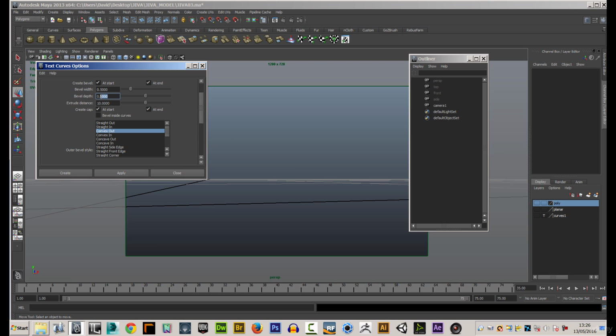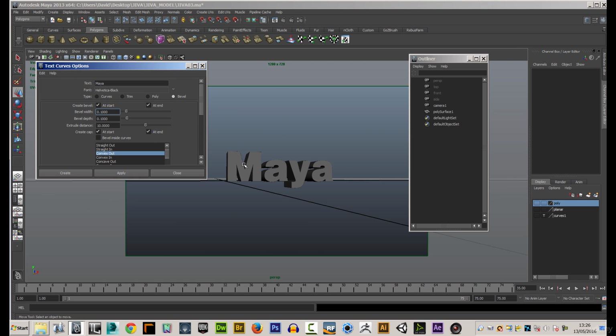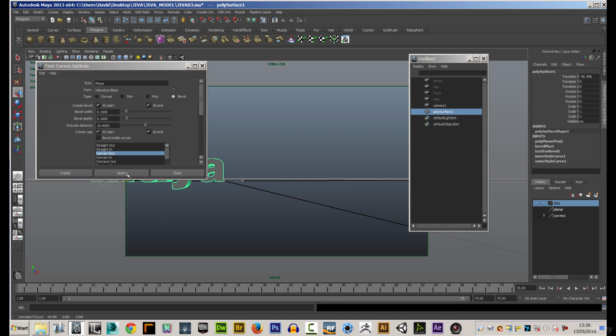Let's just take this down to 1 and 1. That'll give us a much better result, and apply there. So pretty cool. We can move that out of the way, and then we can set something else like here,